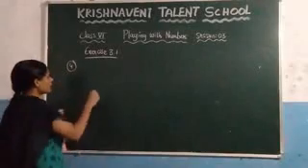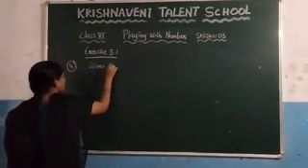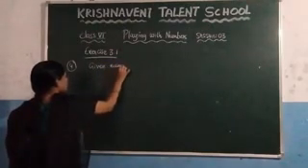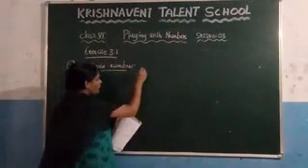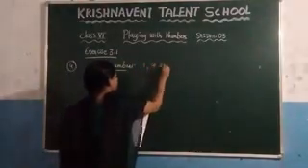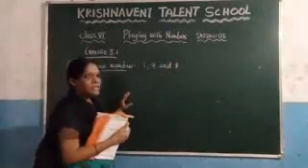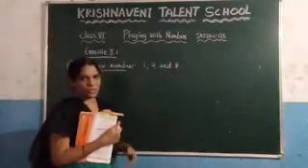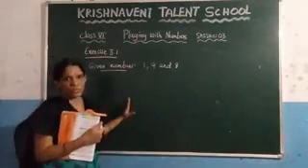Here they have given digits. What are the given digits here? Given numbers or given digits, anything. They have given 1, 9 and 8. By using these 3 numbers, you need to write 3 different three-digit numbers. But what is the condition given in the question? The digits should not be repeated again.